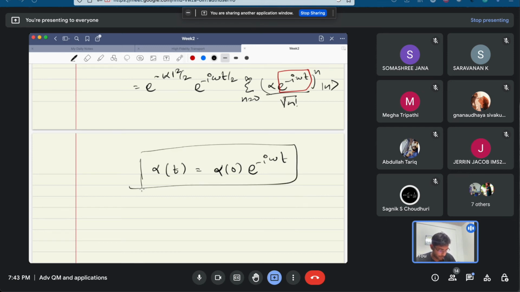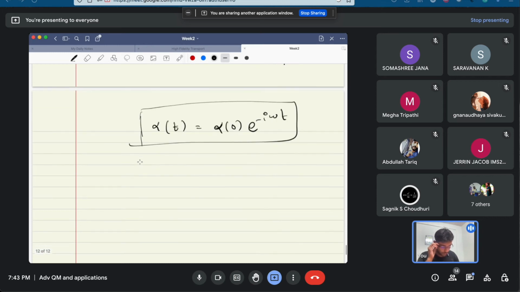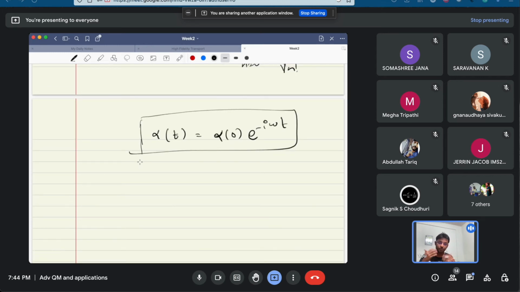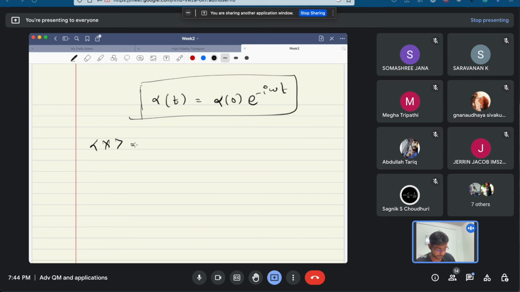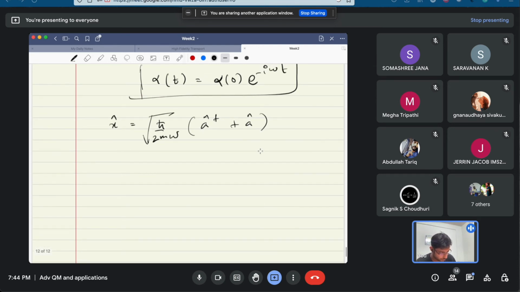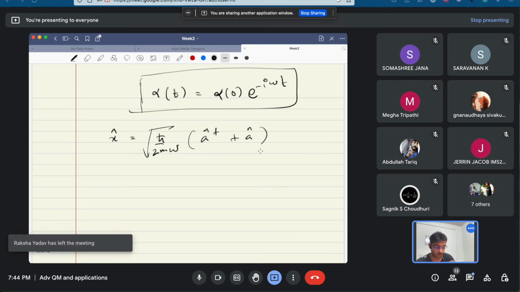So this is your time dependent coherent state. Now to see in position space how it actually resembles a classical wave packet or the Gaussian, what you can do is find, let's say, the mean of your position operator. The position operator is x, given by a dagger plus a, which we have already seen a large number of times in this tutorial. So to find the expectation value of x,